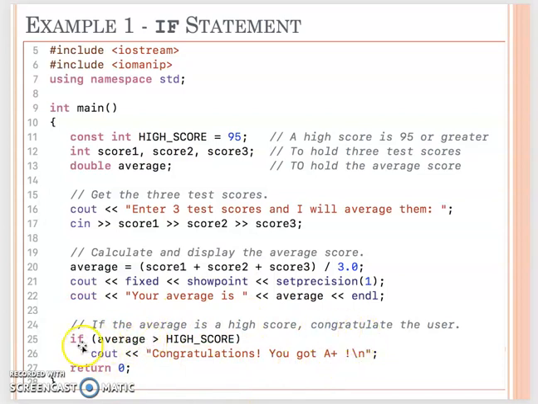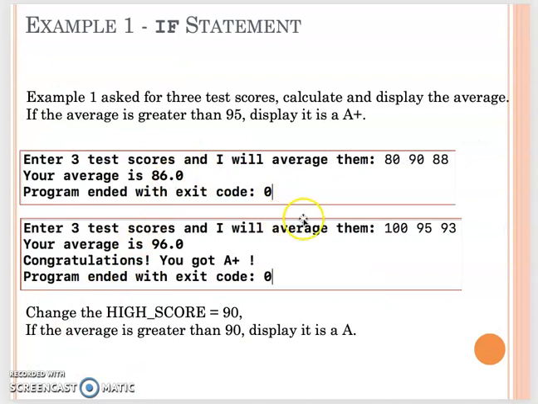So we continue and check: if the average is greater than 95, where 95 is our high score, it will display congratulations, you got A+. Here you will see that's the if statement. If it's not greater than 95, this one won't display. I want you to run this program yourself. Here we have the sample output. If you enter 80, 90, 88, the average is 86. You see, nothing is displayed. But if over 90